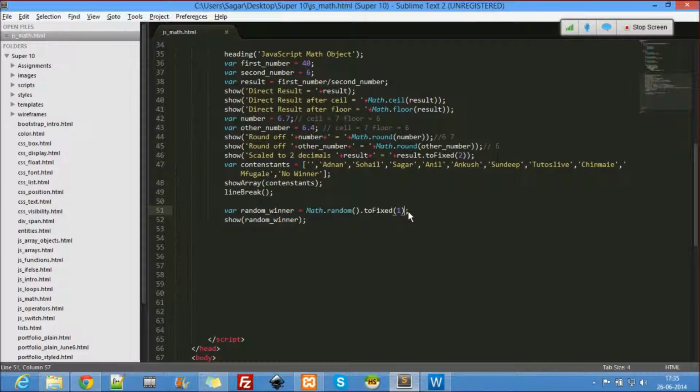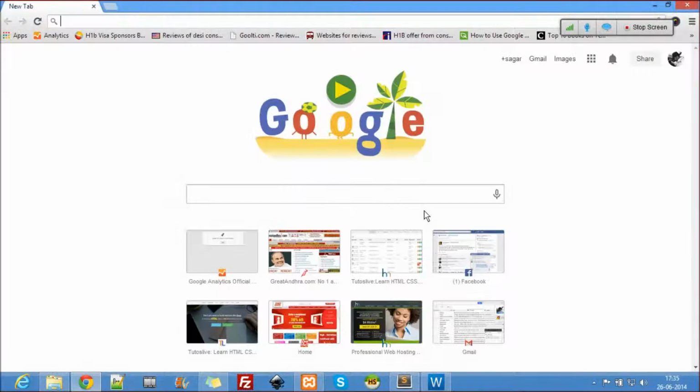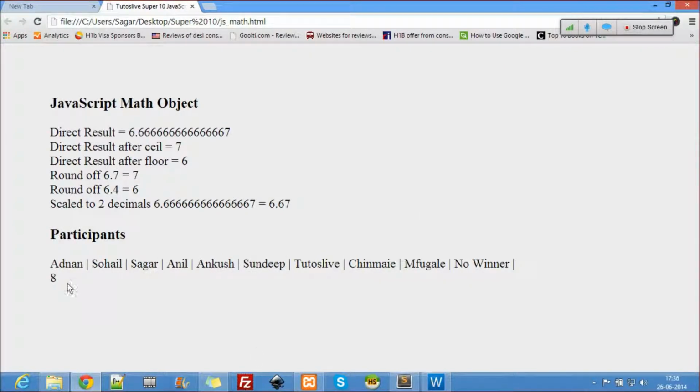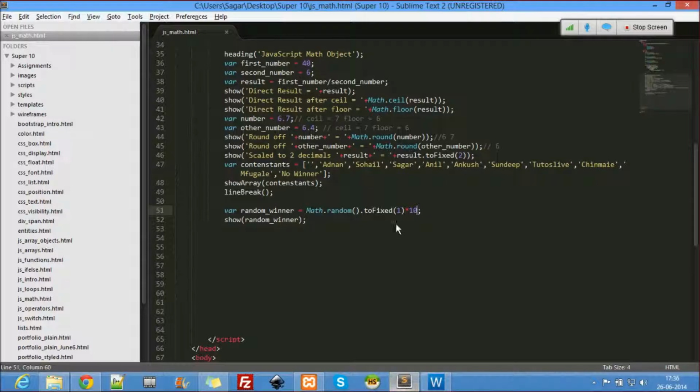Again, I don't even want that. I want it to be multiplied by 10 to receive only integers. You see that now the random numbers are converted to integers. Okay, so now let's announce the winner.